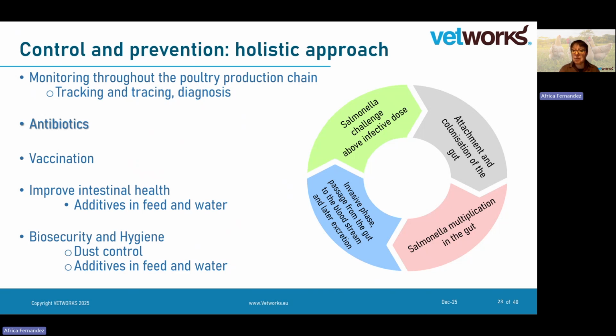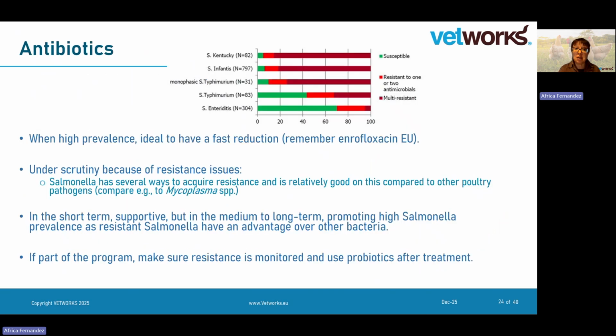So a few words on antibiotics. Antibiotics are allowed, and they can help, especially at early stages of the control of Salmonella, to reduce the contamination of the environment and the shedding from the birds. But